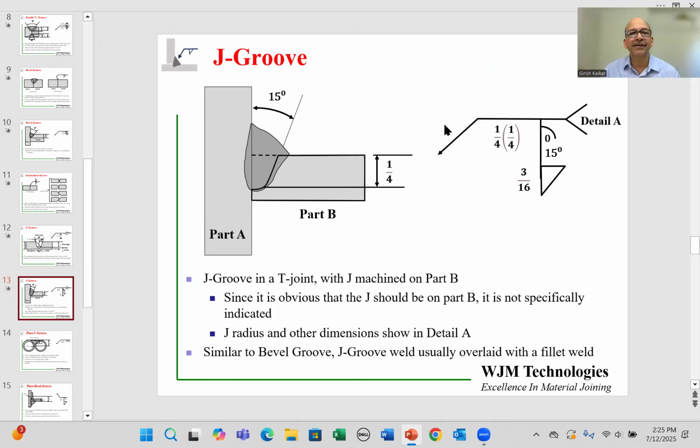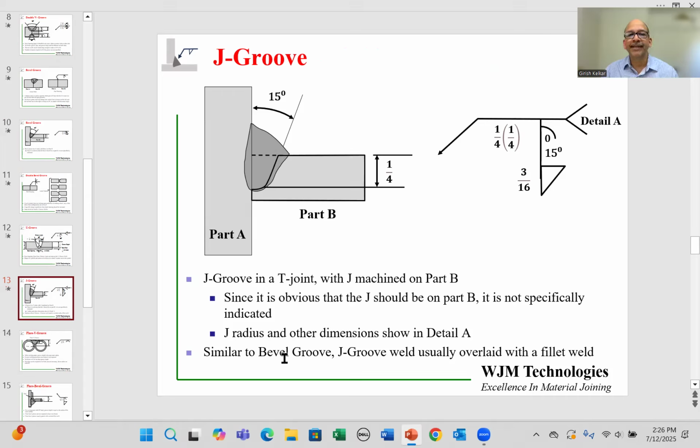And now you have an additional wrinkle on that, is that on top of the weld, we are now asking the manufacturing engineer to also make a fillet weld. So we have a J groove symbol, which is half the U groove symbol. And then you extend that vertical line and you add a fillet weld symbol over here. The fillet weld leg size is 3/16. Now these details are in the first video that I've shared, Introduction to Welding Symbols, and you can look at that over there. So here, essentially, we are making two welds. You're first making a J groove weld, and then on top of that, we are adding a fillet weld.